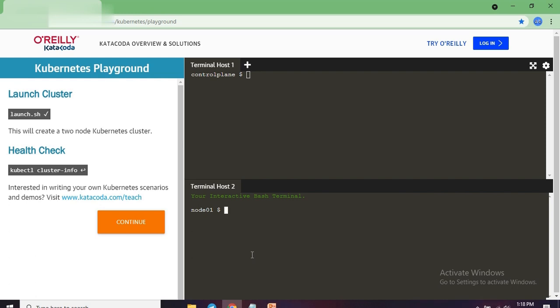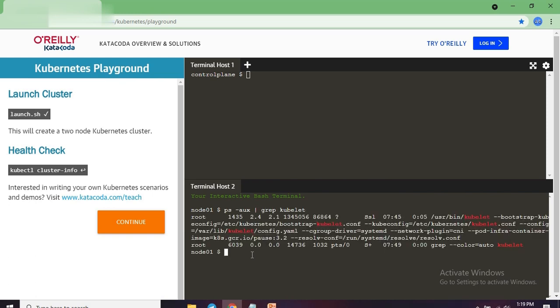As you know, we are not allowed to use the control plane, so just shift to the worker node. I am on my worker node one, and kubelet is responsible for static pods. So we will have to search for the configuration file of kubelet. You can just grep kubelet and you will see the configuration file path for the kubelet. So I'm going to run ps -ef | grep kubelet. As you can see in the output, /var/lib/kubelet/config.yaml is the path of the configuration file of kubelet. If you go to that particular path, you will see the configuration YAML file for the kubelet.